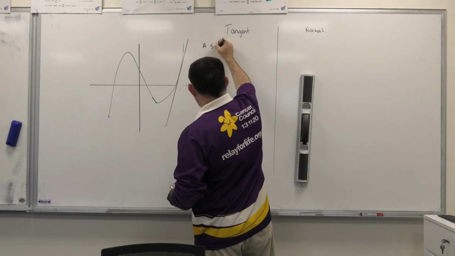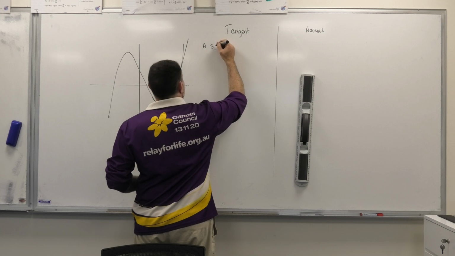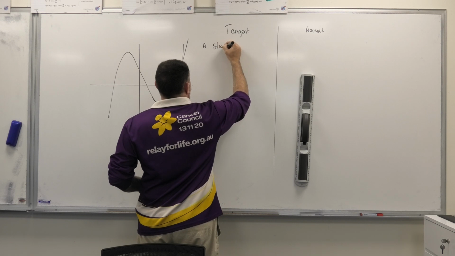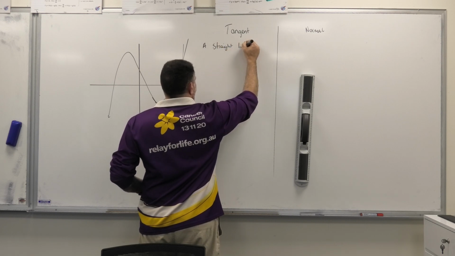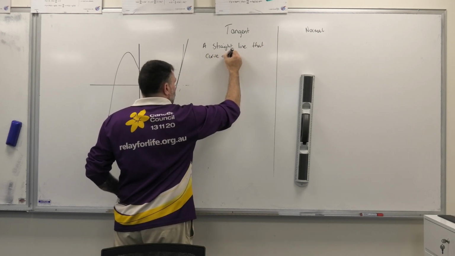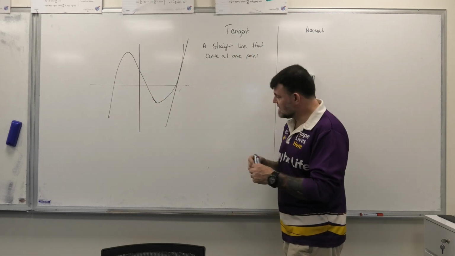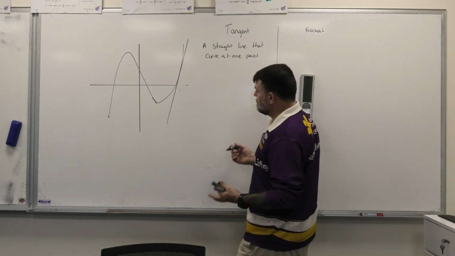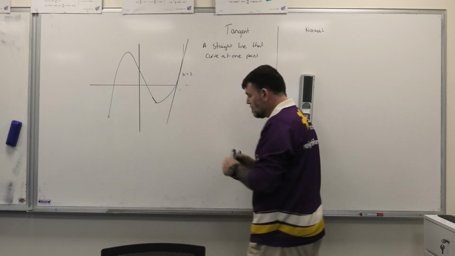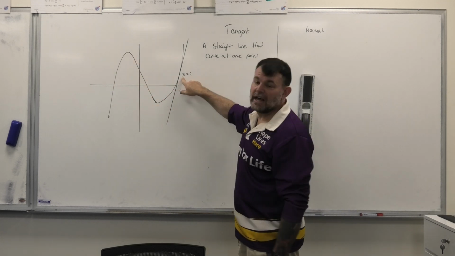So it's a straight line that touches a curve at one point. This here is an example of a tangent line. So for instance, we could say, the tangent when x is equal to 2. So this tangent line will touch the graph, the function, when x is equal to